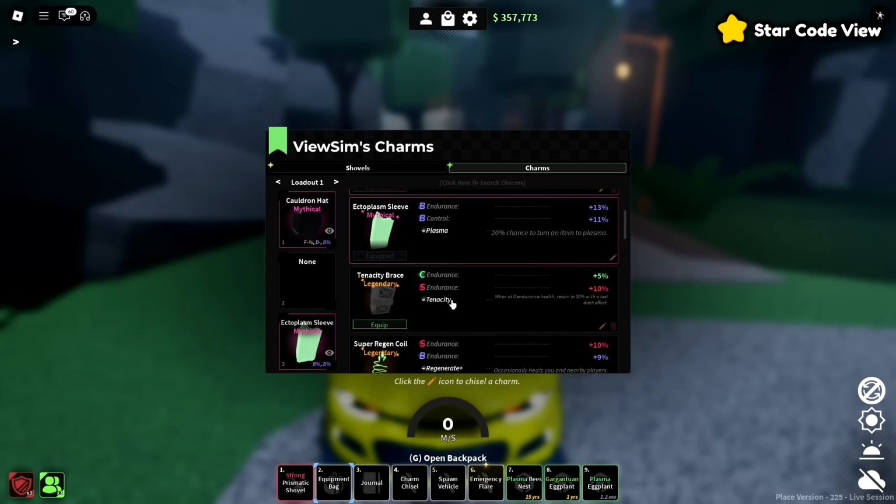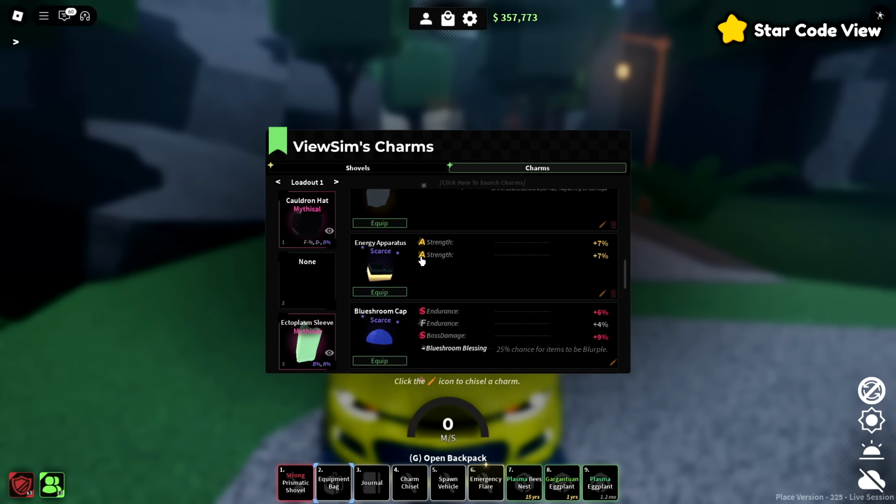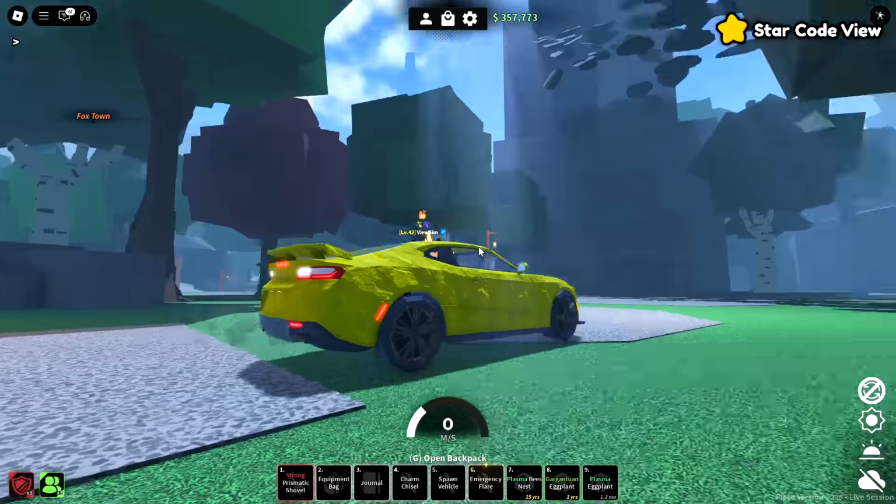Now, I'm going to show you the stats of it. Keep in mind, I have re-enchanted it. So I've got some pretty good rolls. So as you can see, I've got 7 strength and 7 strength. So I'm getting 14% strength just from this one charm. And the way you get it is